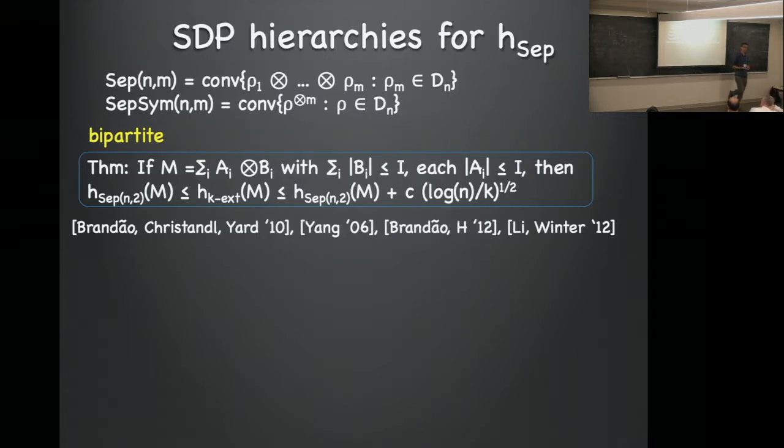And this condition here on the B sub i's does not match our known hardness result. So it's frustrating, in that we have the same n to the log n. We have an n to the log n algorithm, which is very non-trivial. We have n to the log n hardness, which is very non-trivial. Each one took a lot of work to get, and they apply to different classes of measurements. So I cannot say that n to the log n is the right answer, because this restriction we have in the algorithm does not appear in the hardness.